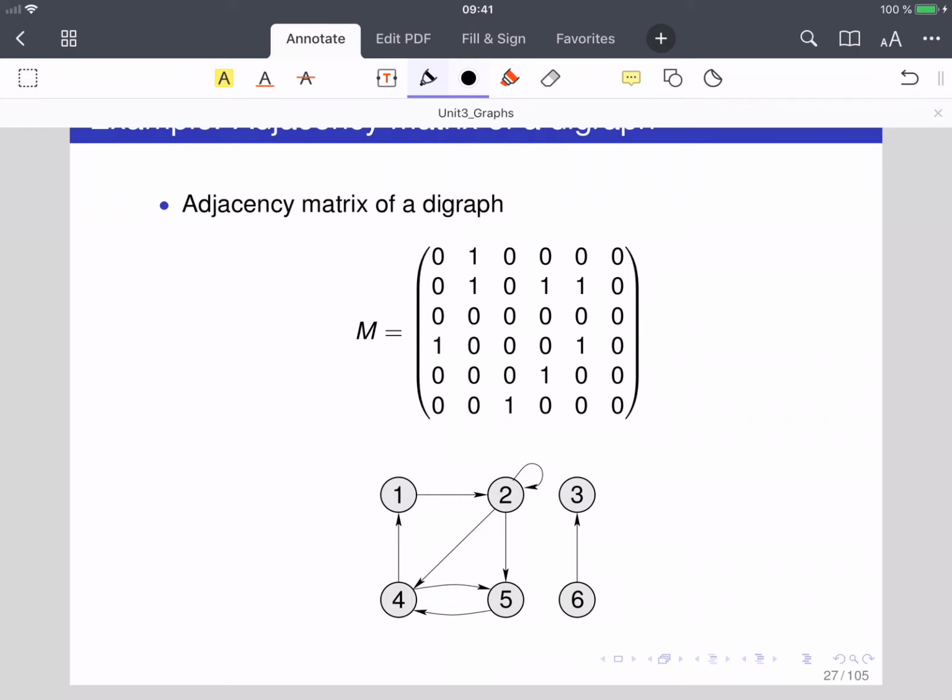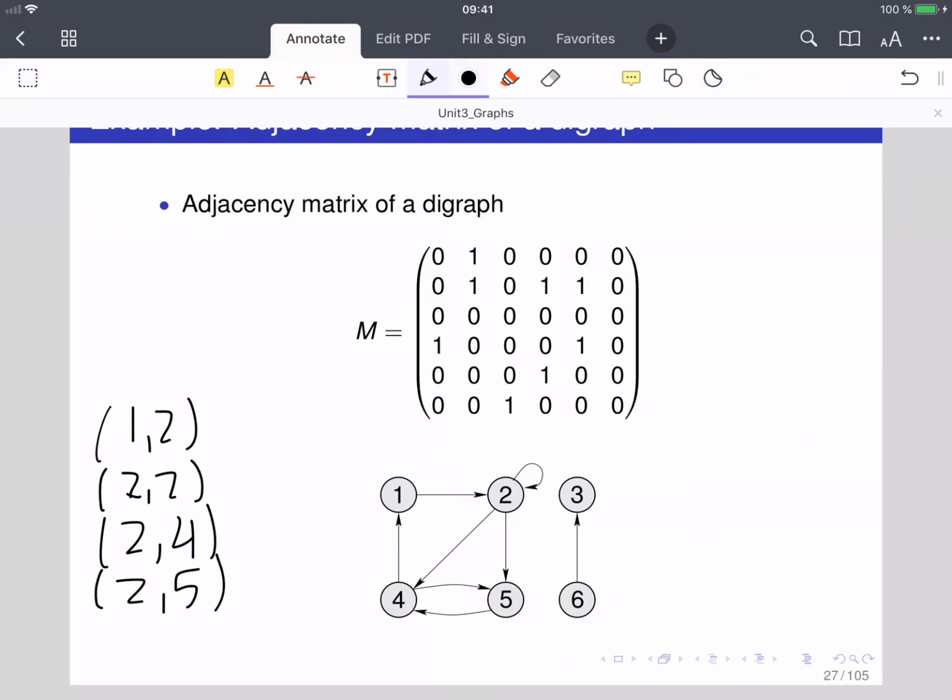So let's write here all the edges, and we find that we have edge 1, 2, we have edge 2, 2, we have edge 2, 4, we have edge 2, 5, we also have edge 4, 1, we have edge 4, 5, edge 5, 4,